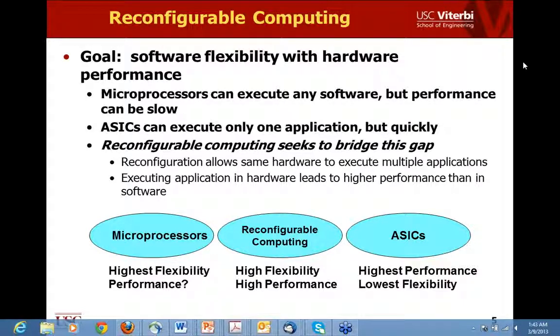So reconfigurable computing, the promise here is that we will be able to get high flexibility as well as high performance, because at runtime we are able to reconfigure the device to suit the requirements of the